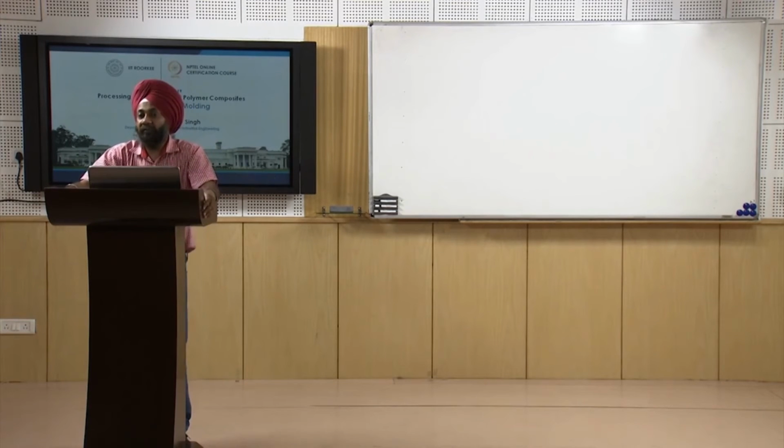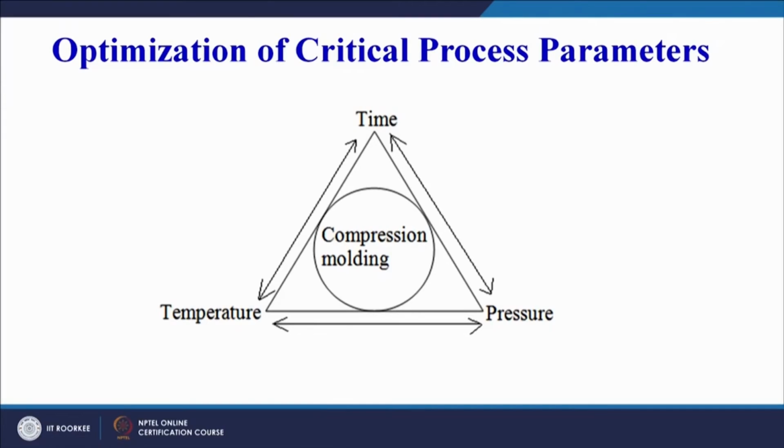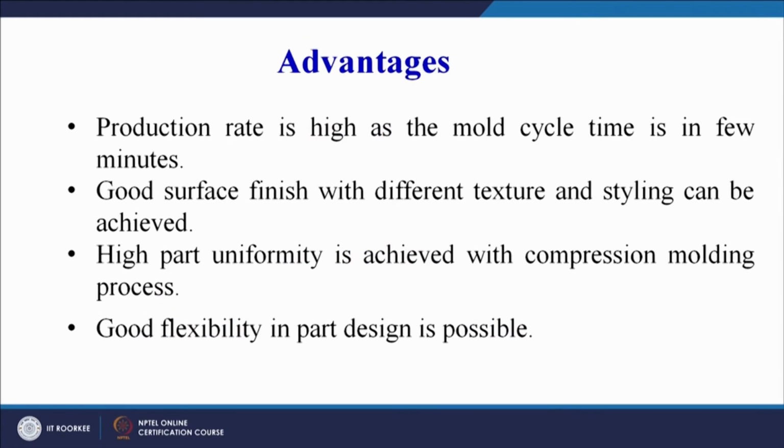Similarly, the mold material is also important, because we have to supply heat to our constituents that are there in the mold cavity. So the material should have adequate thermal properties in order to properly heat the constituents inside the mold cavity. So the mold material is also very important. But three major parameters that are important are the time, the pressure and the temperature. We have to supply heat, so therefore temperature is important. We have to cool it, time is important, and we have to apply the pressure. We have to consolidate our composite product, therefore the pressure is very important.